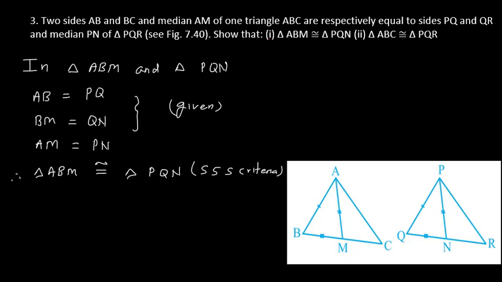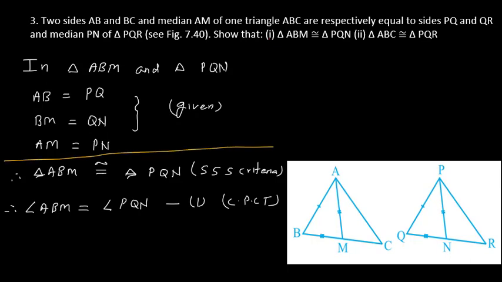Now these two triangles are congruent triangles. So as these two triangles are congruent, their corresponding sides or corresponding parts are equal. So I will say that, therefore, angle ABM is equal to angle PQN. This I will say as equation 1. They are corresponding parts of congruent triangles, and I will put this part which I have to prove in a box. Okay, you can put the box till here only.